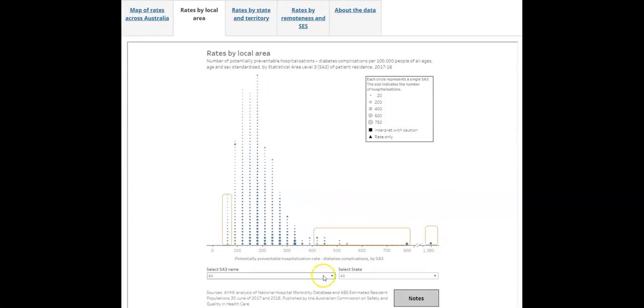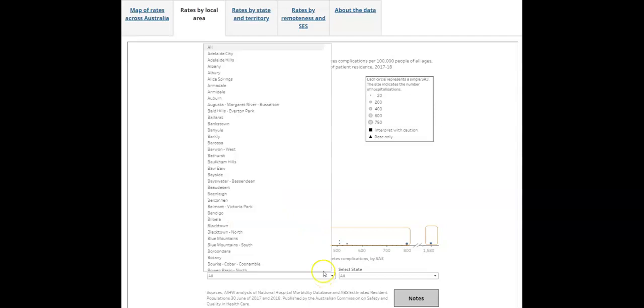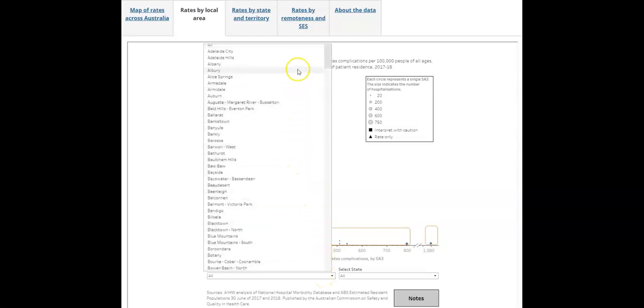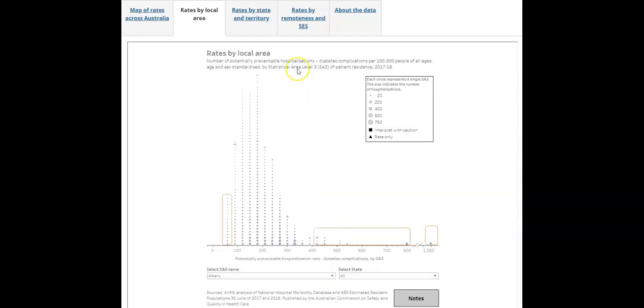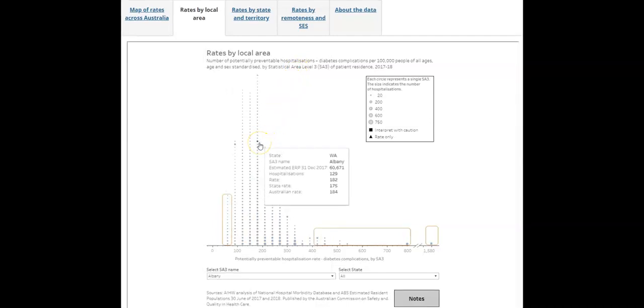To find a particular SA3, use the drop-down box at the bottom of the graph. This SA3 will be shown in blue. In absolute terms, Albany in WA did not have a large number of diabetes hospitalizations. The age and sex standardized rate was similar to the Australian rate, as shown by its position around the center